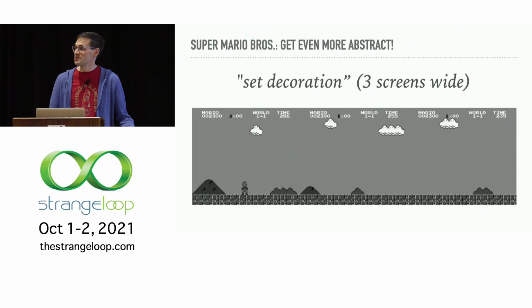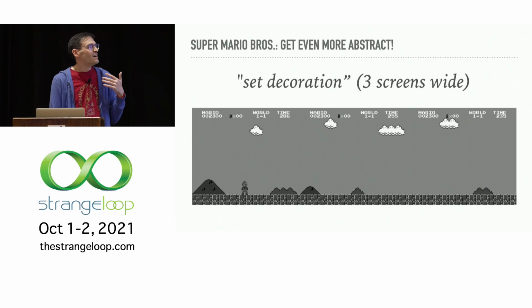In the case of Super Mario Brothers, we get even further beyond. Super Mario Brothers features what people who have analyzed the code like to call set decoration. So here you've got 3 screens arranged left to right. These 3 screens repeat endlessly in the background of many stages. So take a moment, notice the pattern of clouds in the sky, notice the pattern of the hills and bushes